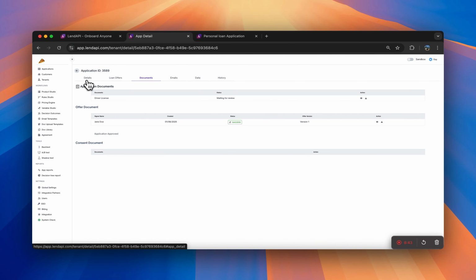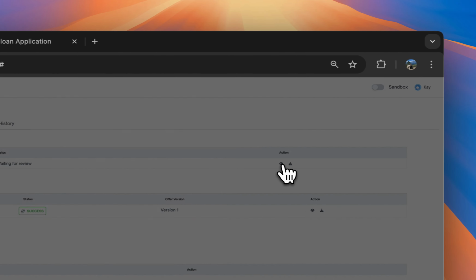You will notice that LendAPI as a platform is SOC 2 compliant. So we have a full security suite and are able to store a lot of your documents if you want to utilize us as a document storage site, as well as store all of the PII information. In here, you'll see all of the documents that are part of this application itself, the first being the driver's license that was uploaded by the user, that you can actually preview